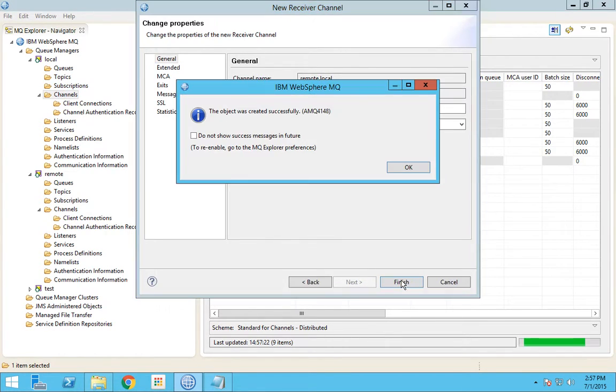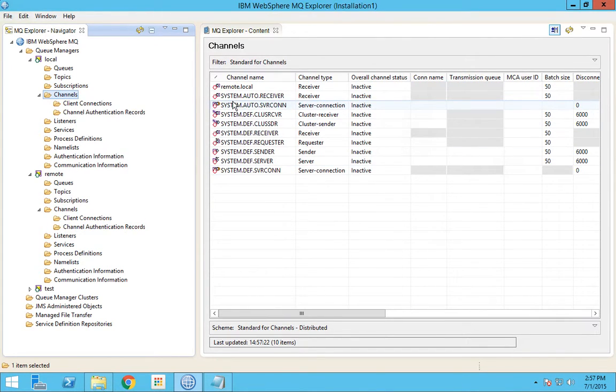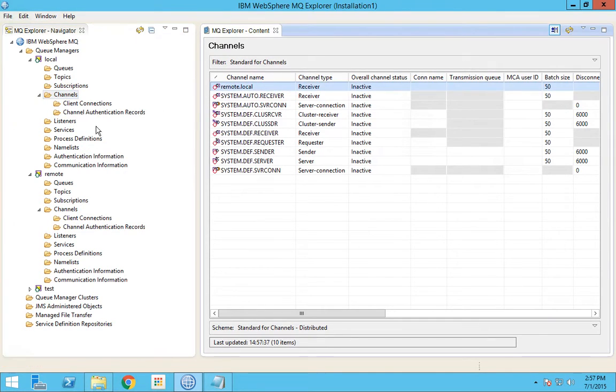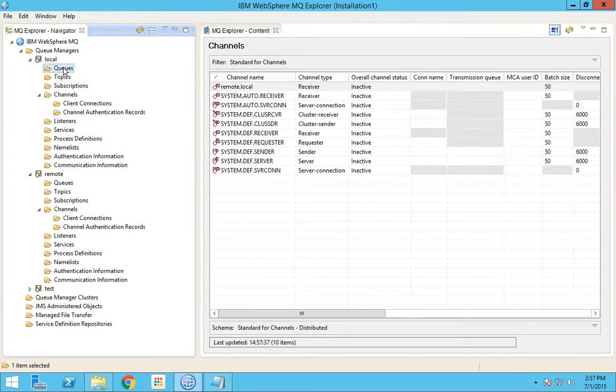That's it. You just have to finish it. You don't have to specify any other details other than it. But make sure that the name is one and the same. Okay, so let me create a local queue in this local queue manager